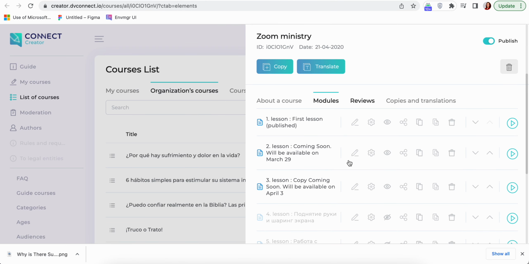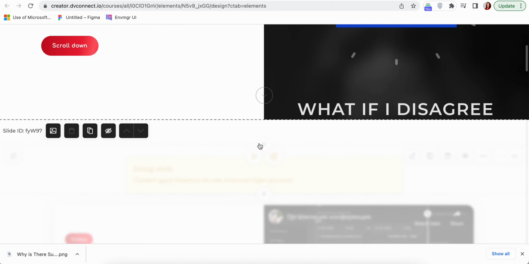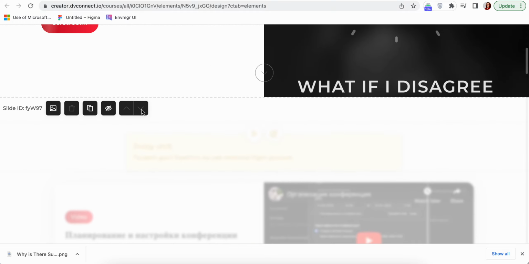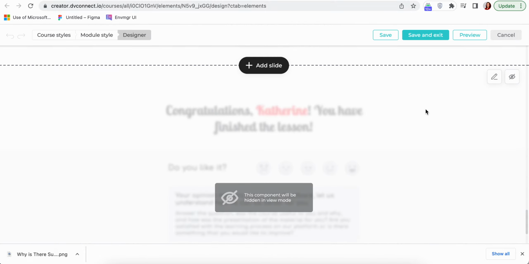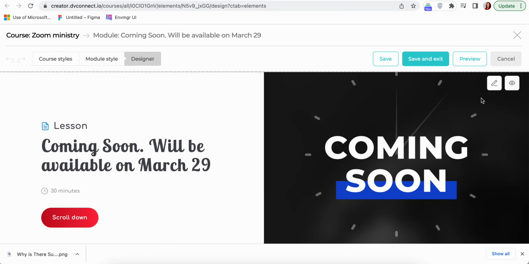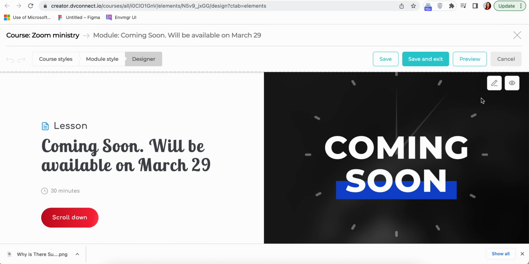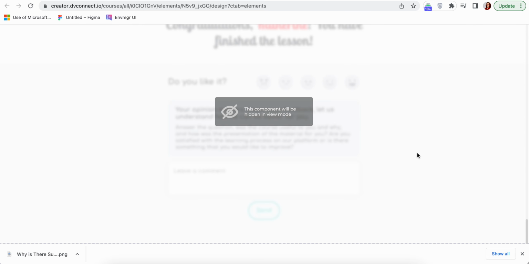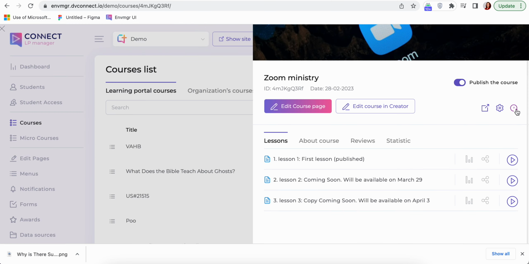But another important point is that in order to hide all unnecessary components which are not fully ready, you need to hide the slide and hide the footer. So in this way, the student won't be able to scroll down and see anything else but the lesson cover. And once the content is ready, you need to unpublish the slide and unpublish the footer, save, go to the learning portal, update the course on